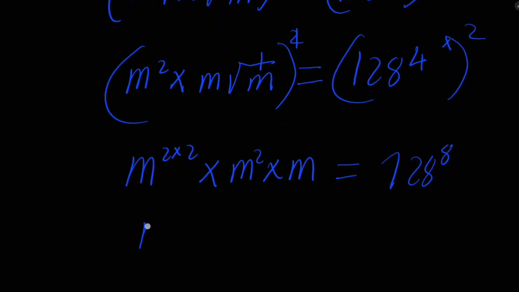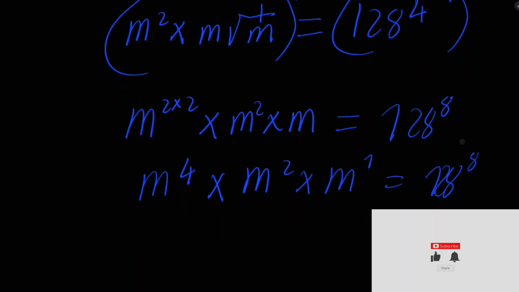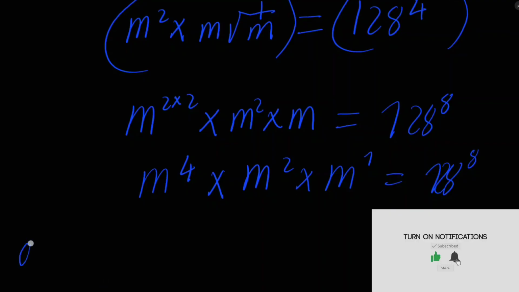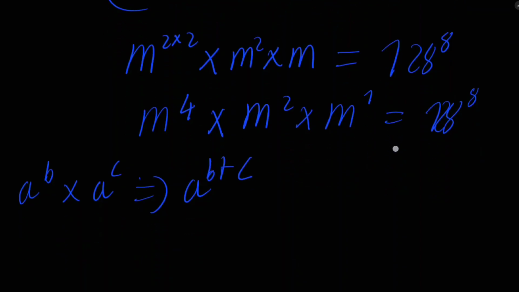Now looking at this, we have m to the power 4 times m squared times m raised to the power 1 is equal to 128 to the power 8. Now using the principle where if a raised to the power b times a raised to the power c,